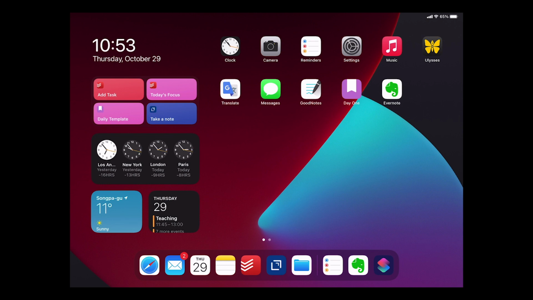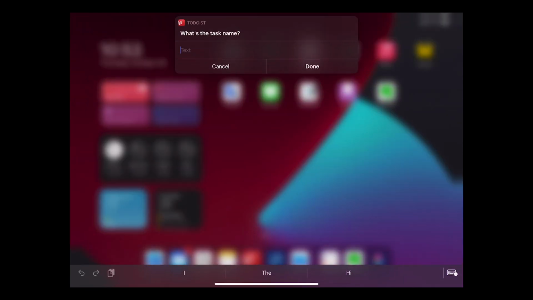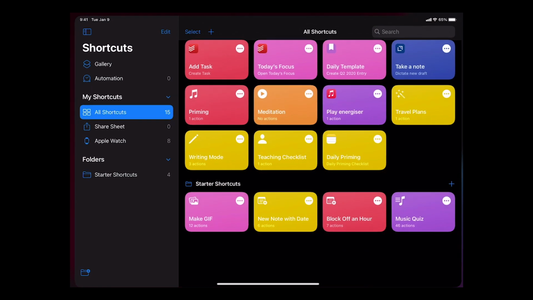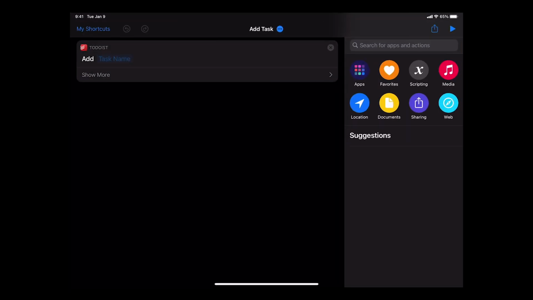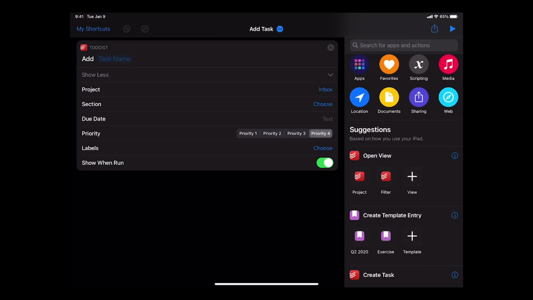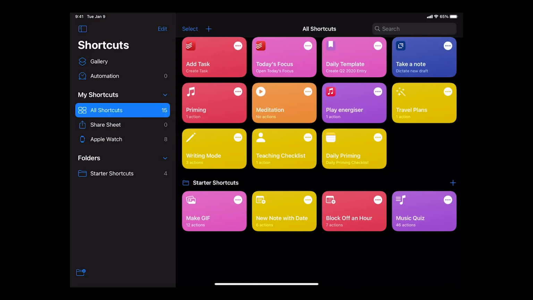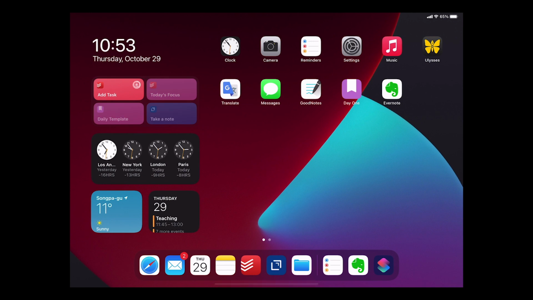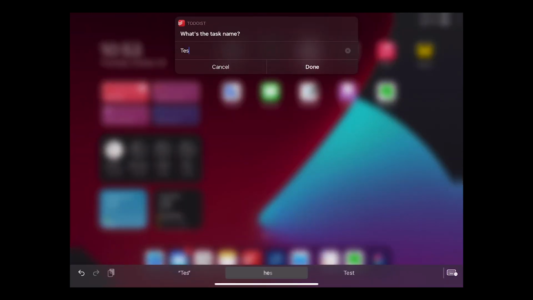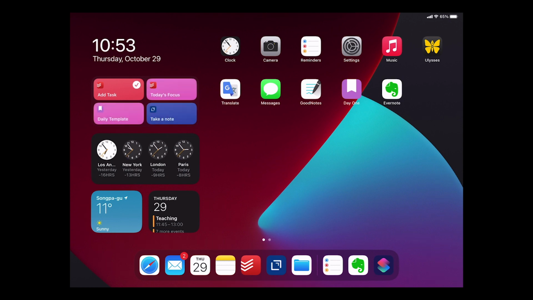And by the way, I should point out, we're going to this one here. Oops, we'll go back into shortcuts. Let's edit this one, because what I don't want to do is I don't need it to confirm. So I can turn that one off and then go back into my shortcuts. Let's go back to this. So add task, test 3, done. So now that's not going to confirm anything because I don't need to. I can trust that it's going to work.